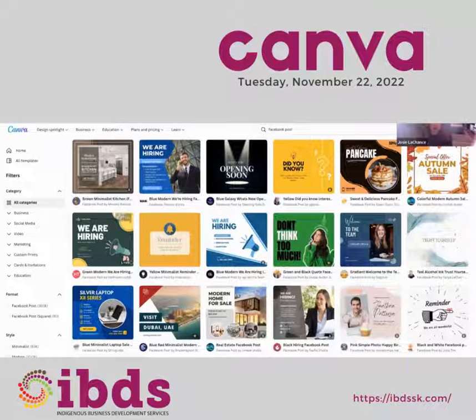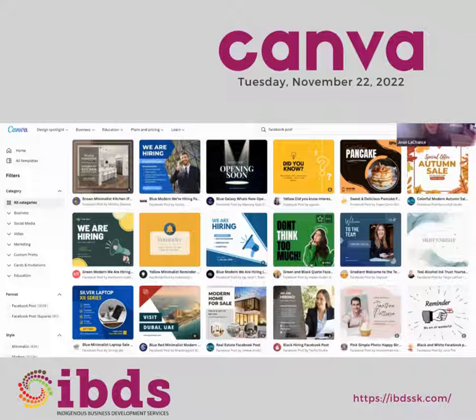You'll notice here at the bottom it says paid. So this one here where it says we are hiring, there's a little dollar sign in the corner. That means if we were to use this template, there will be some items in there that would need to be paid for. A trick around this is usually that I just delete those paid items right from the template, and I try to find a free image or clip art from what's already offered so that I don't have to pay for them.